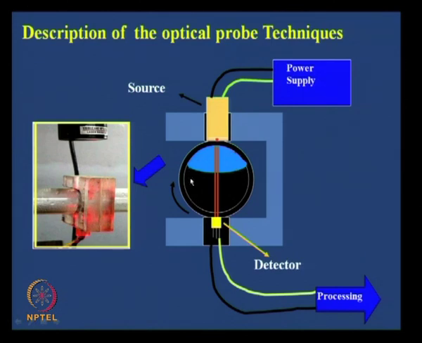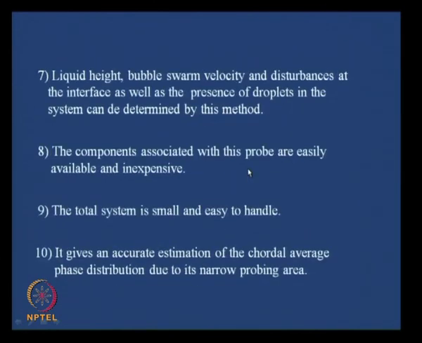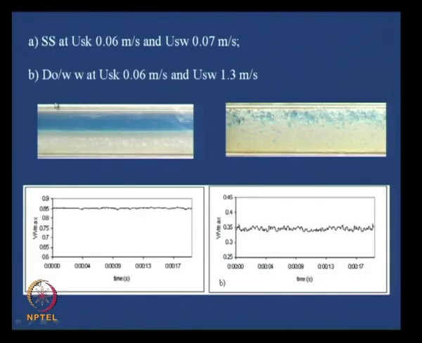Number 2, interestingly, we could also understand how this kerosene was distributed. If they were distributed as bubbles, then in that case what happened? A large amount of scattering used to take place. Is it clear? And when it was stratified flow, kerosene on top, water below, then very less amount of scattering was taking place.